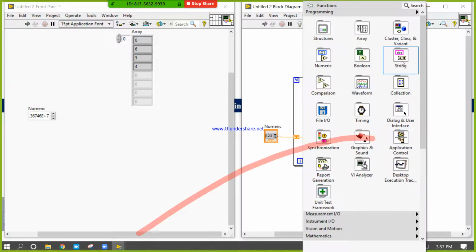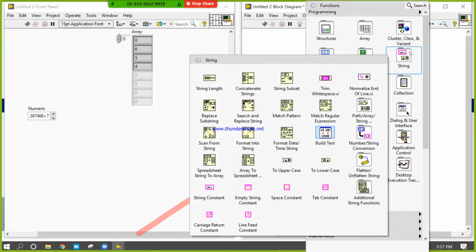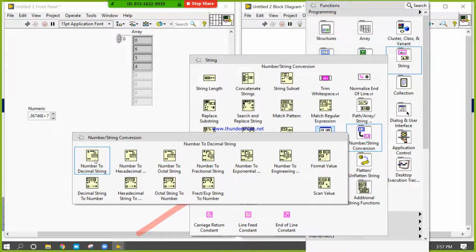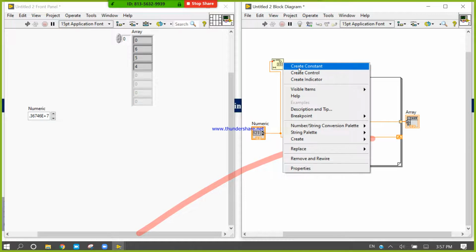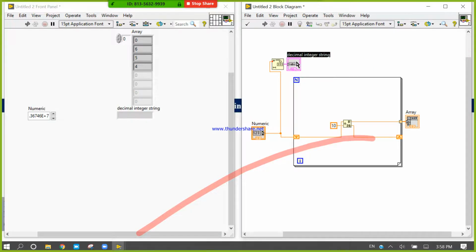So for that, right click here, come to numeric, and first convert the number into decimal, sorry, string. Now create indicator. If you convert it into a string, then the string will read all those numbers as string characters.